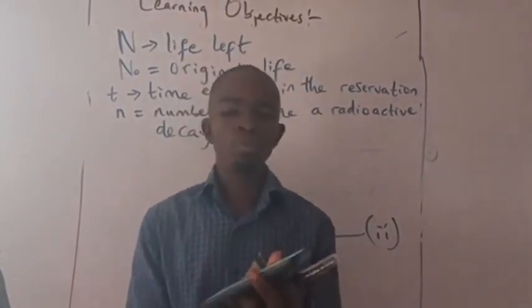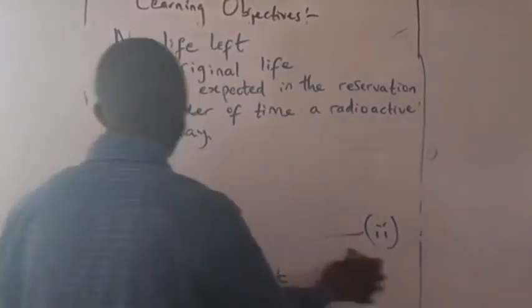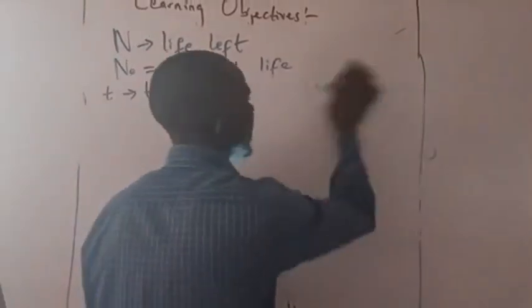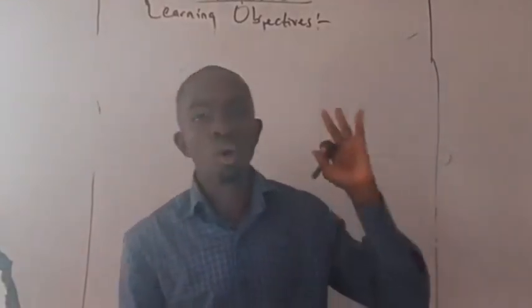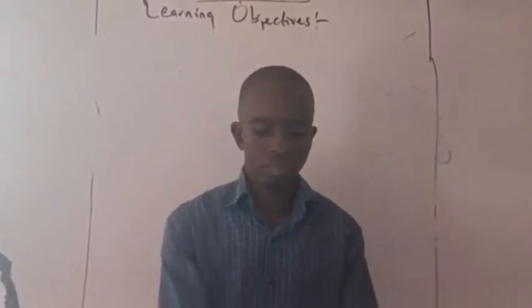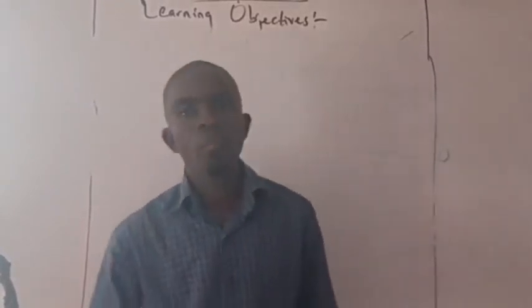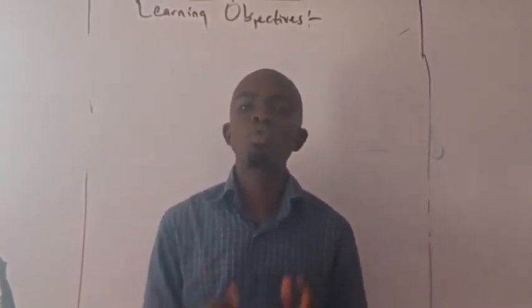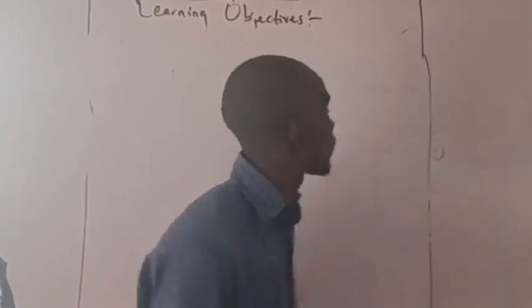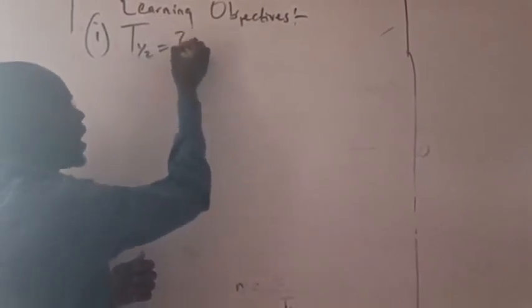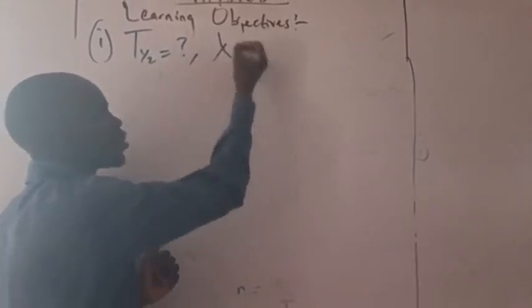So the first example goes thus. What is the half-life of a radioactive element whose decay constant is 0.231 per second? So it means, according to the first example, we are to look for the half-life. Now, they give us the decay constant as